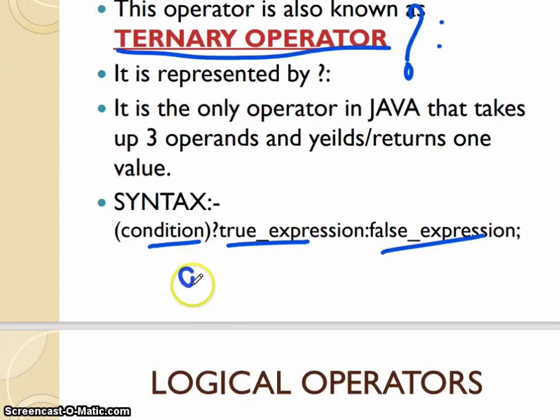If I write a greater than b, question mark, true expression is 1, colon, false expression is 2. If this condition is true, it will return 1. If this condition is false, it will return 2.